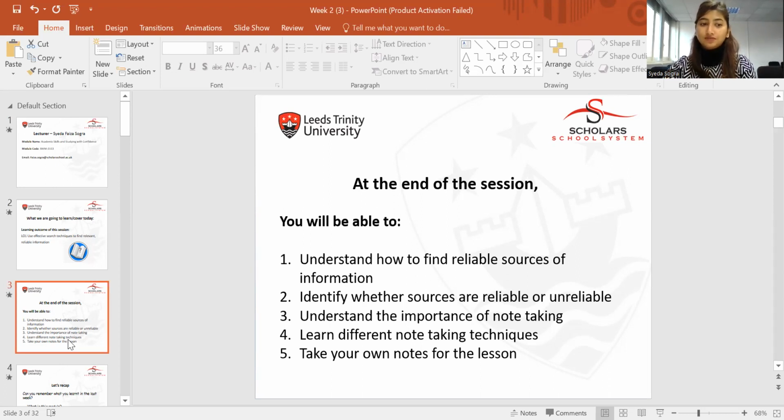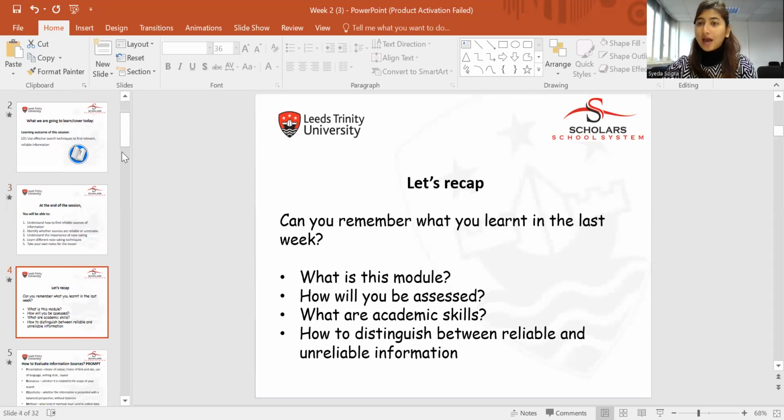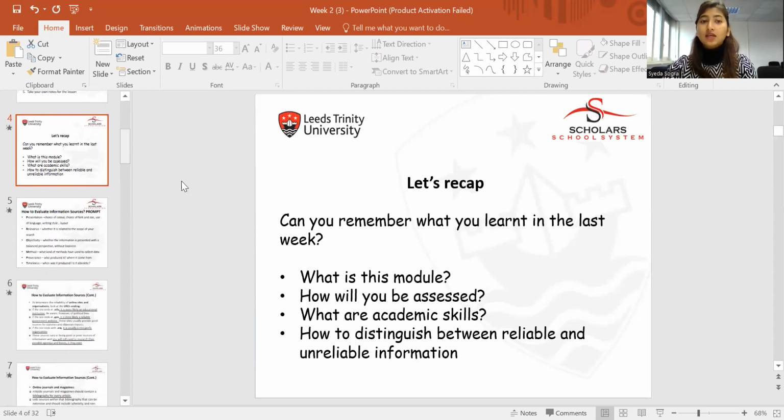for the lesson. So let's recap what we learned last week. We learned about what this module is, what academic skills are, how you will be assessed, how you will be graded, and how to distinguish between reliable